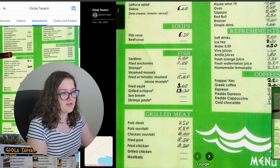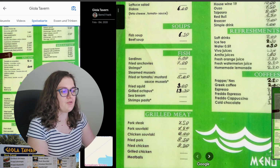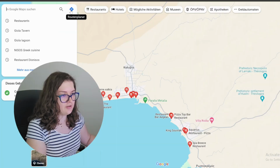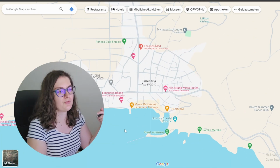Like we saw, if you sit down in the restaurant, it's 12 to 15, but if you're just eating more fast food like gyros and souvlaki, it's usually less, so I think that will be just enough. I also like to do snacks separately, because what I usually mean by that is either fruits or